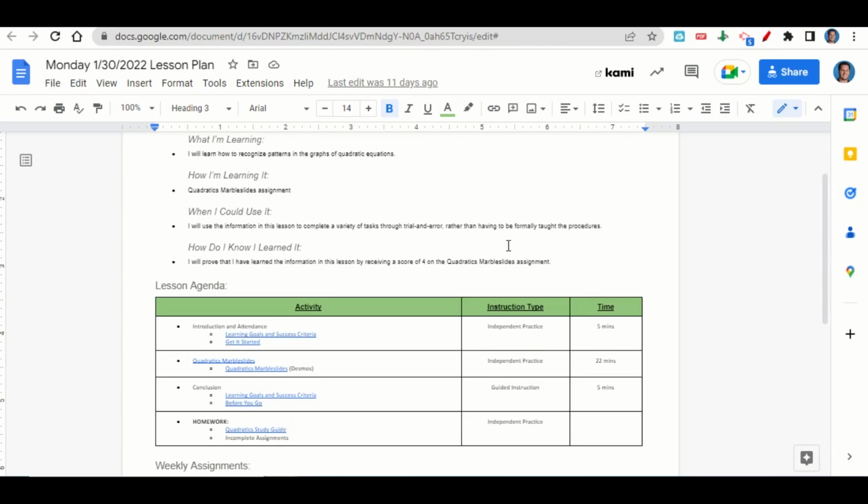Now let's take a look at our agenda for today. We will begin by going over the learning goals and success criteria. While we do that, you'll fill out your Get It Started. After that, I'll give you time to complete the Quadratics Marbleslides activity on Desmos. At the end of class, we'll go back over our learning goals and success criteria while you fill out your